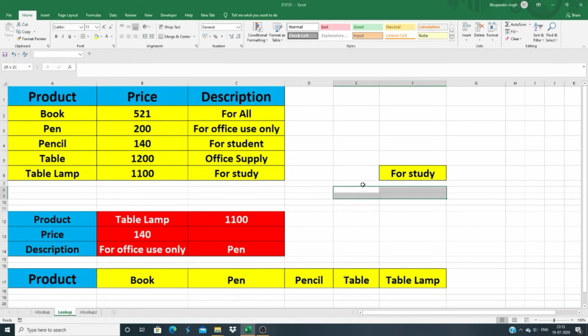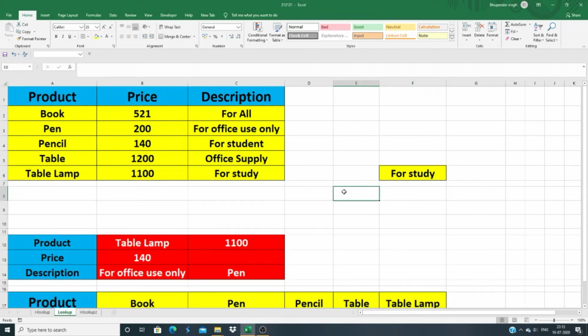Let's move to our second version. So here I am going to create a very small example, guys. Please pay attention, and if you have any question or concern, please comment.